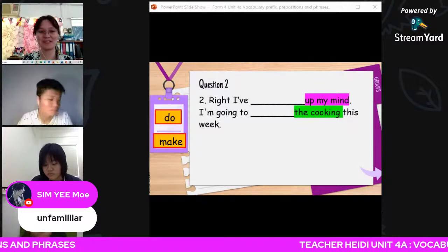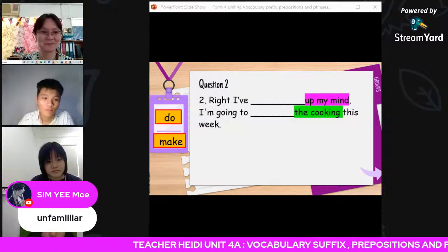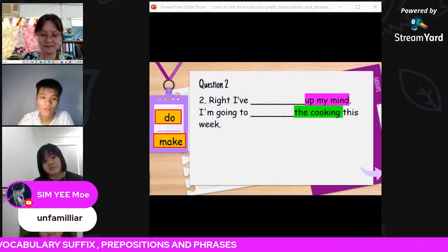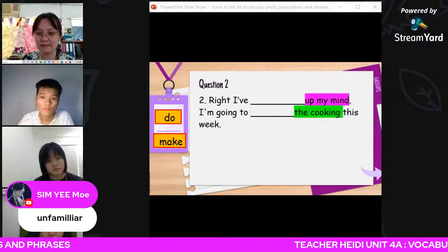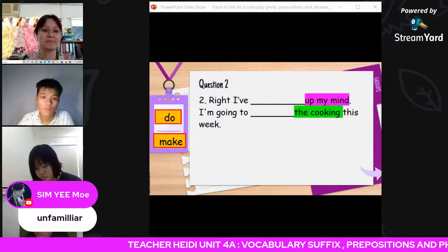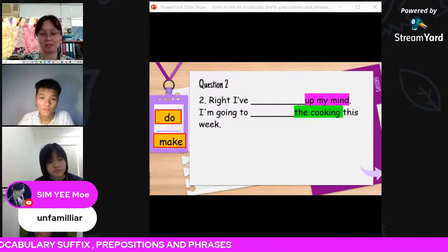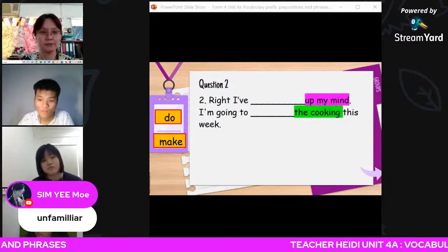Lily, can you read question 2 and answer? Right, I have made up my mind. I am going to do the cooking this week. Yeah. So the third friend, okay, teacher have put there, make is the present tense, made is the past tense, and made also is the participle. The past participle. I always refer to it as the third friend. So it's make, made, made. So the answer,